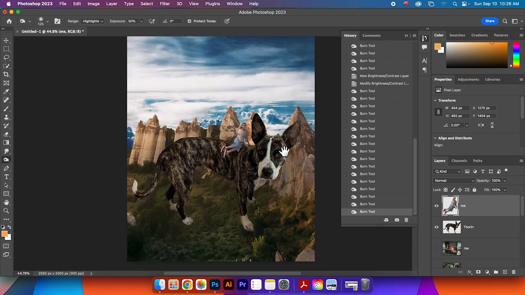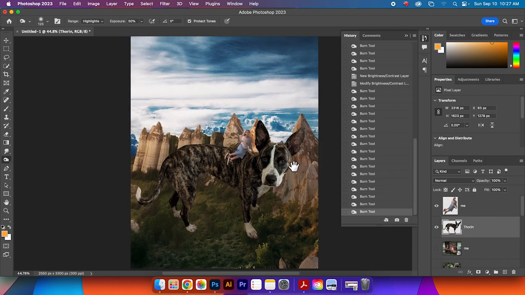And I'm going to do the same thing on the photo of Thorin, because the light's coming from the wrong direction. Now I actually have a couple of options here. What I could do is flip Thorin and flip me and then just change that lighting completely. But I like the angle that Thorin is at the moment. So I think I'm going to flip